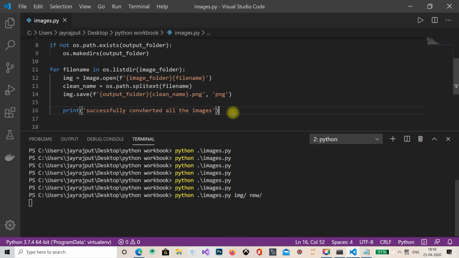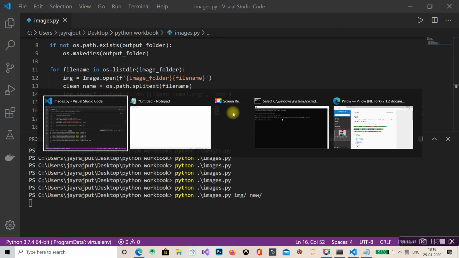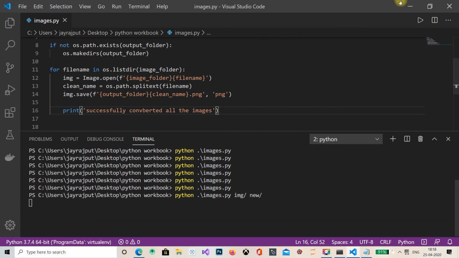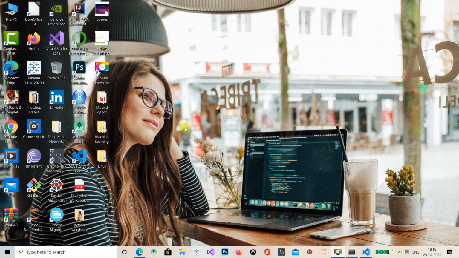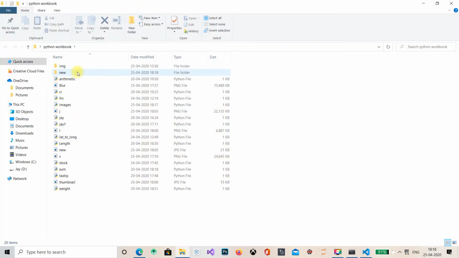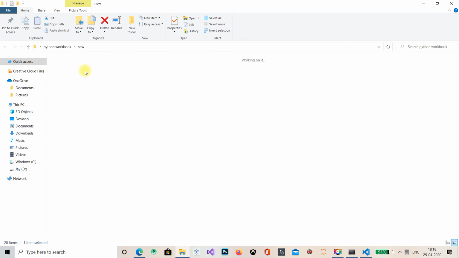I hope it doesn't get any error, or if it gets an error then we'll solve it. Yes, it has created a new folder. Let's check where my file is. Yeah, the code has run properly and it has created a new folder.